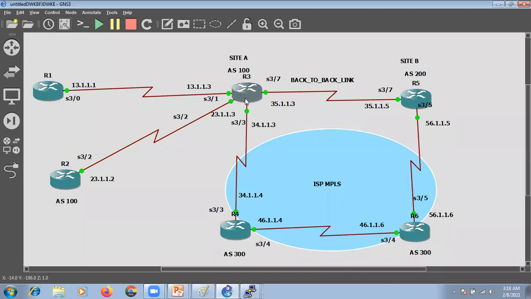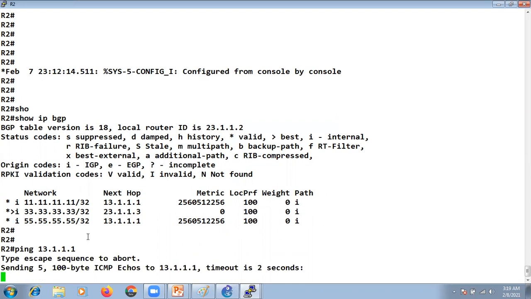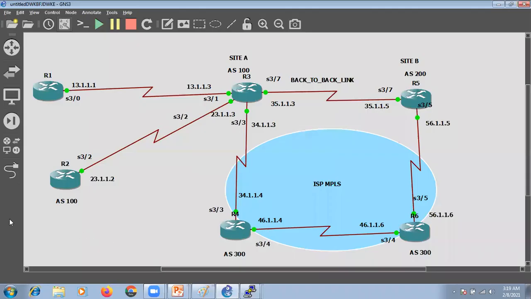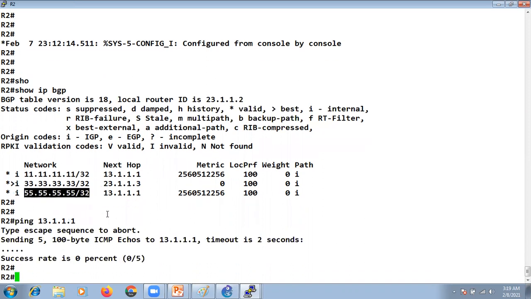So when R3 is advertising these routes to R2, because R2 is the IBGP neighbor, it is not changing the next hop. And the next hop is not reachable to R2 if you do a ping, right? Your next hop is not reachable. That is why R2 is not making these two routes the best route. These are valid but not best.